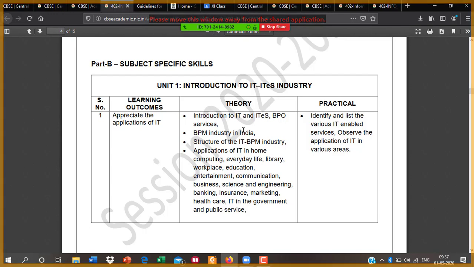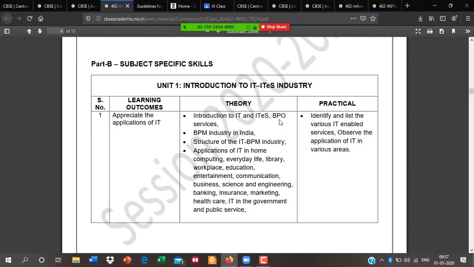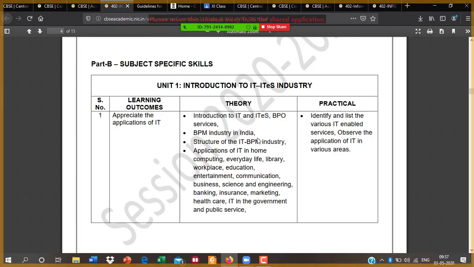In this unit, you will find BPO, business process outsourcing services, and the business process management BPM industry in India.